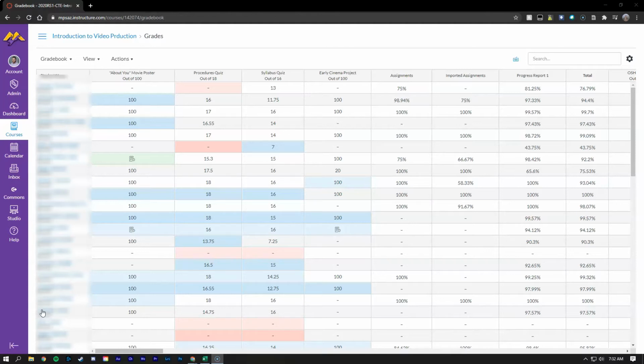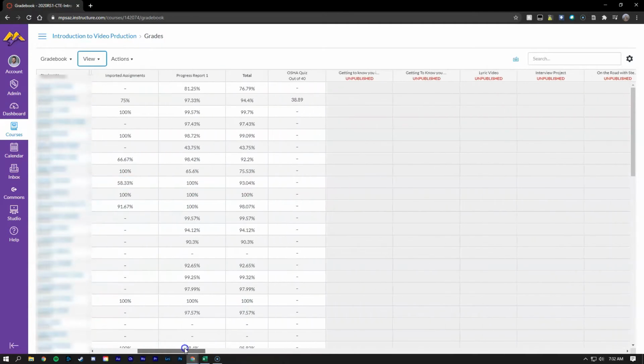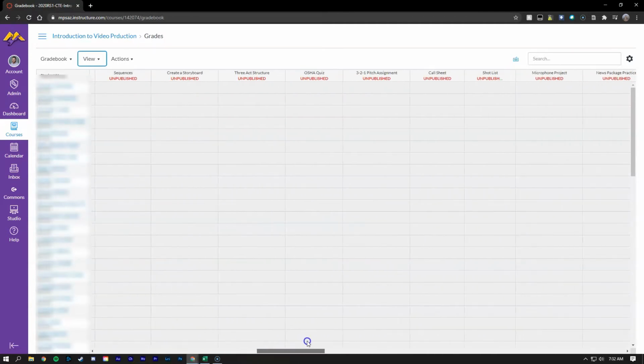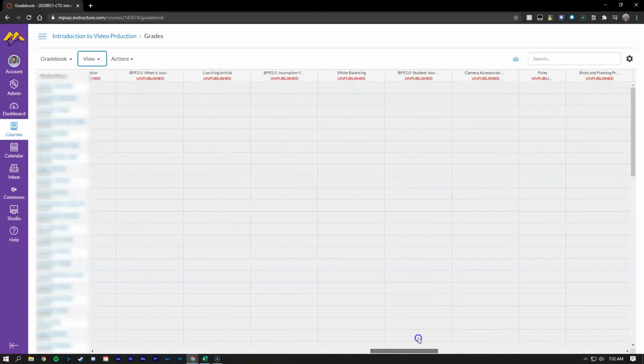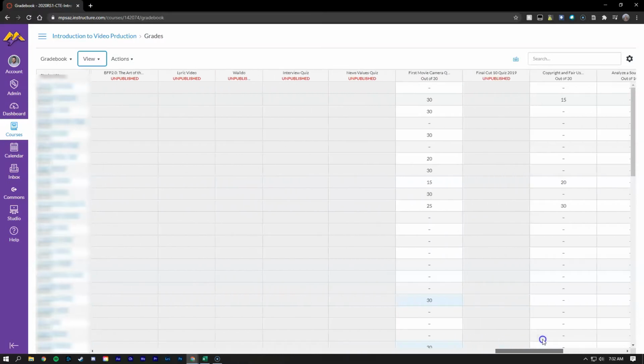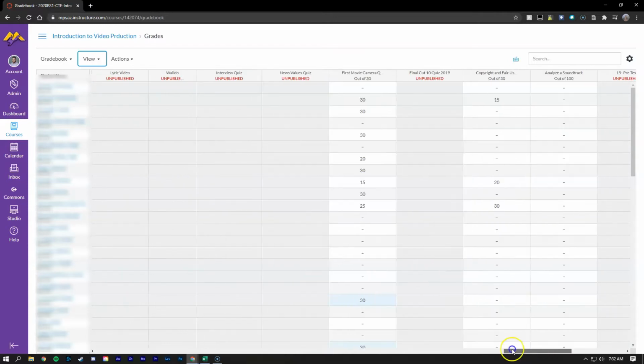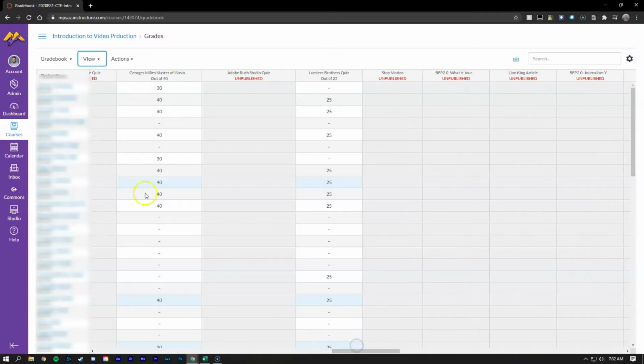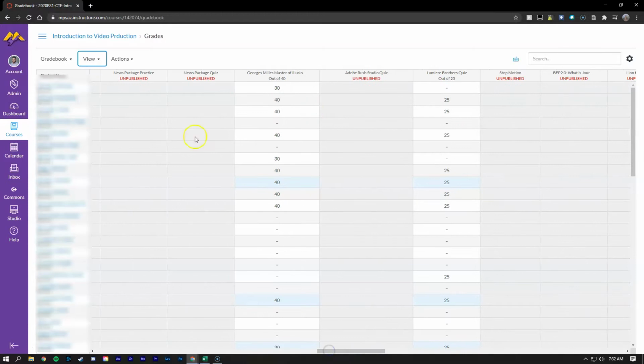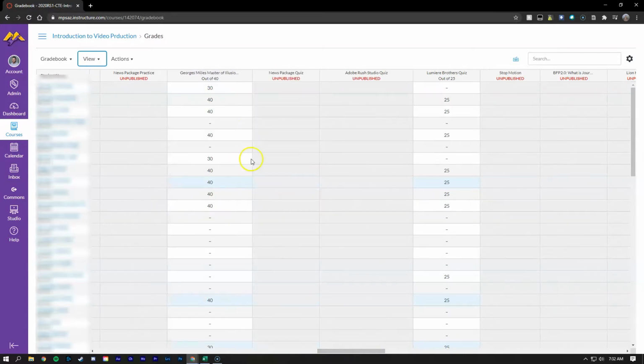So to get started, I've actually set up my gradebook to the default setting. So you can see I've got assignments here, but I've also got my totals as well as all of the unpublished assignments strewn throughout my Canvas gradebook, which can be pretty tough to grade, especially if you have to scroll all the way to the right to find assignment columns or find quizzes that are out of place. So what we can do is, obviously you can click and drag these columns and move them around,